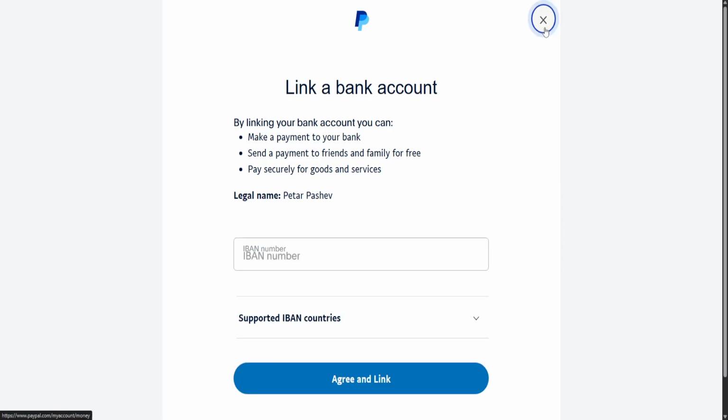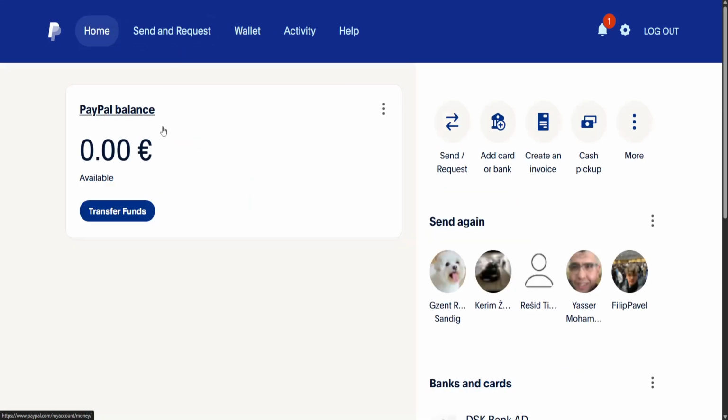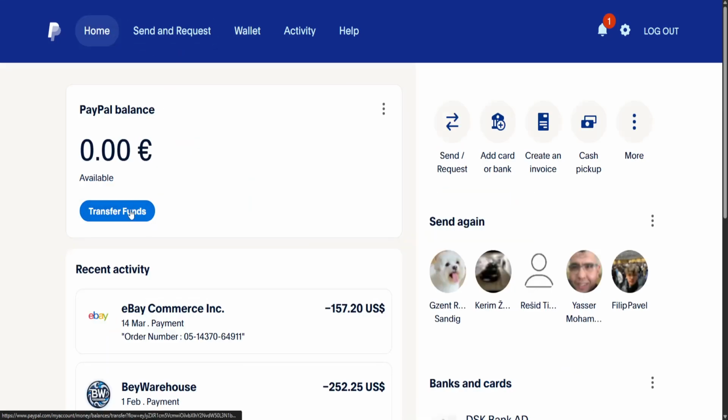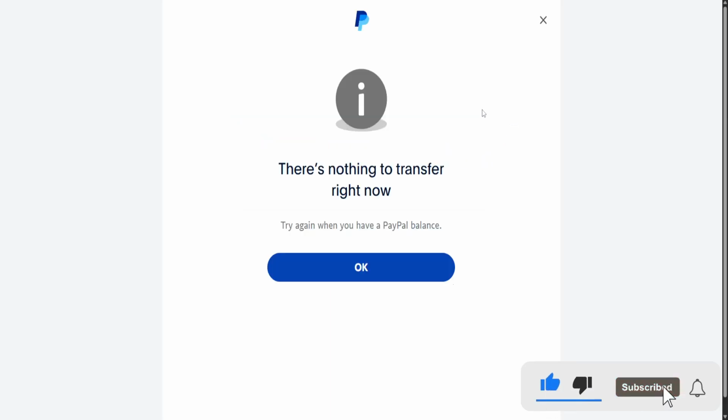Once we have linked our bank, you can go back to the home screen, and here you should see the option transfer funds. Click on transfer funds. It is then going to ask you if you want to transfer to your bank, and we just want to select that. You will click on transfer to your bank, and as long as you have a sufficient balance, it